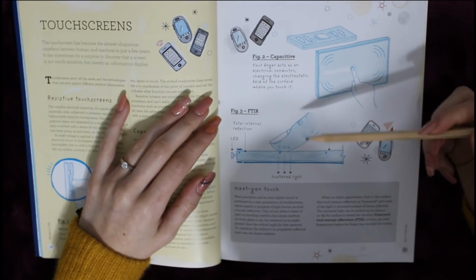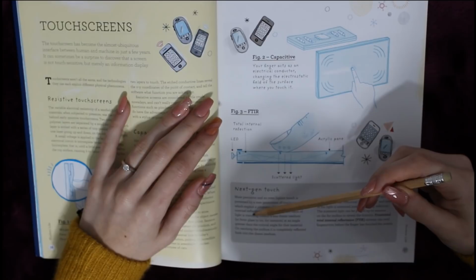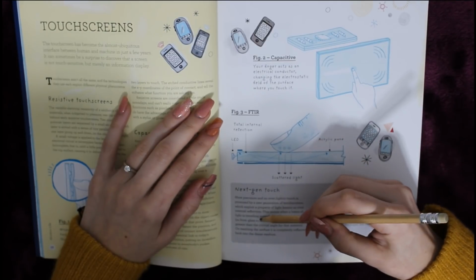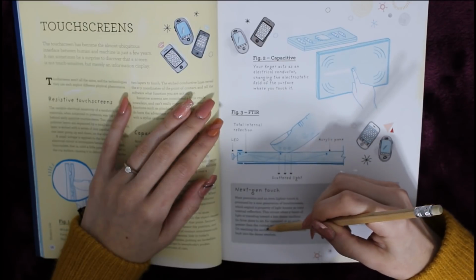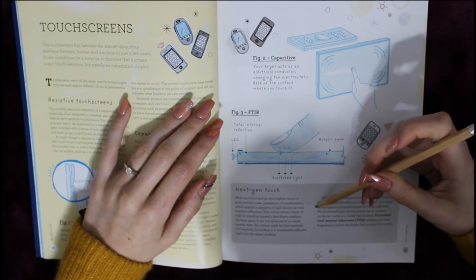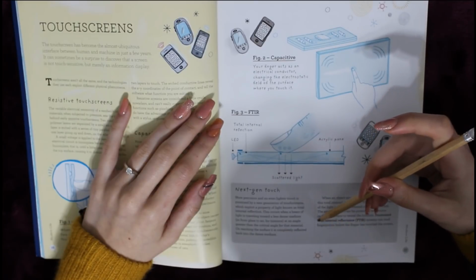Let's read about next generation touch. More precision and an even lighter touch is promised by a new generation of touchscreens which exploit a property of light known as total internal reflection, which is this one, I'm guessing. This occurs when a beam of light is traveling toward a less dense medium, from glass to air for instance, at an angle greater than the critical angle for that material. On reaching the surface, it is completely reflected back into the dense medium. When an object approaches close to the surface, this total internal reflection is frustrated and some of the light is scattered instead of being reflected. This scattered light can be picked up by sensors on a far surface to reveal the location. Frustrated total internal